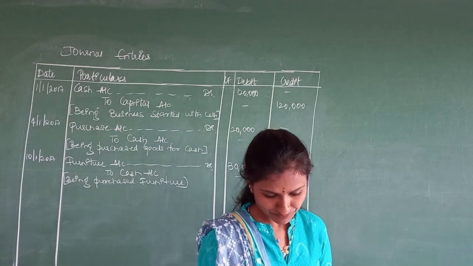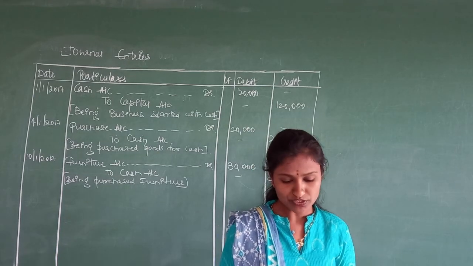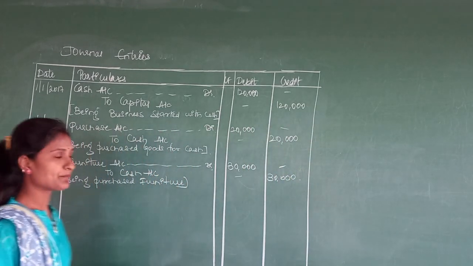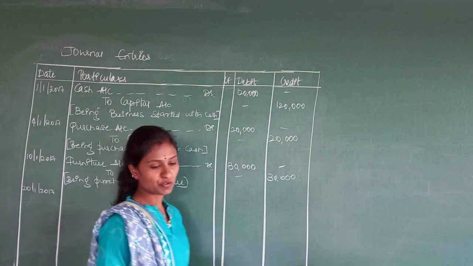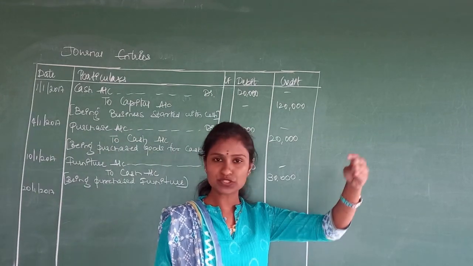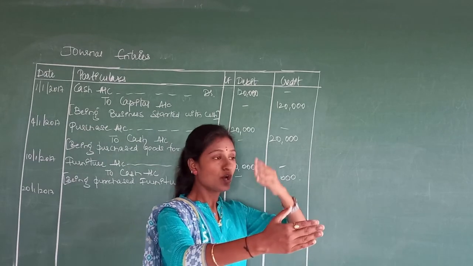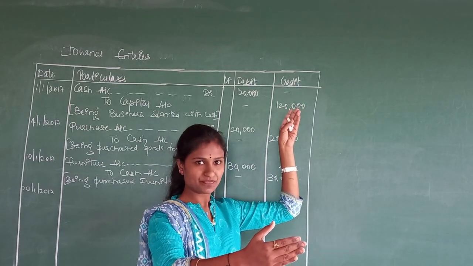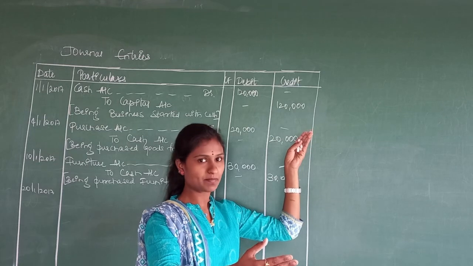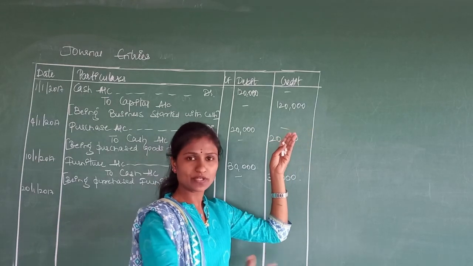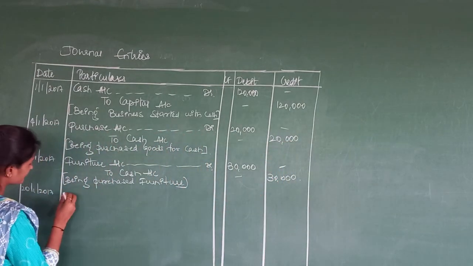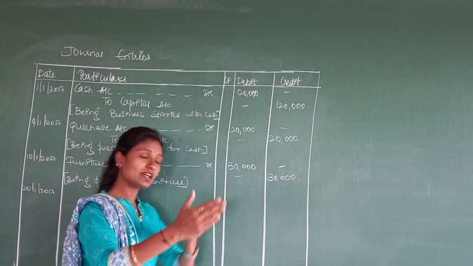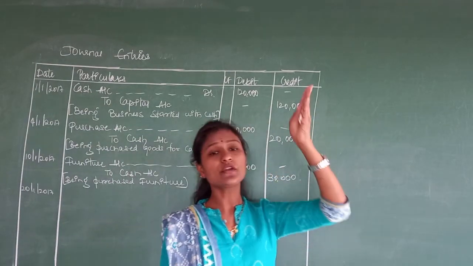Next journal entry is January 20, goods sold to Rupali 10,000. 20 date 1/2017. What we are doing here, that is business point of view, goods sold to Rupali. We are selling the goods to Rupali. So goods are going. Who is receiving? Rupali is receiving. Right? What do we do to the Rupali account? We debit, because she is receiving. What are we giving Rupali? We are giving goods. What activity has taken place? Sales activity has taken place. So who is the receiver? You might say we are giving goods and even she is receiving goods. So goods account debtor to goods account?